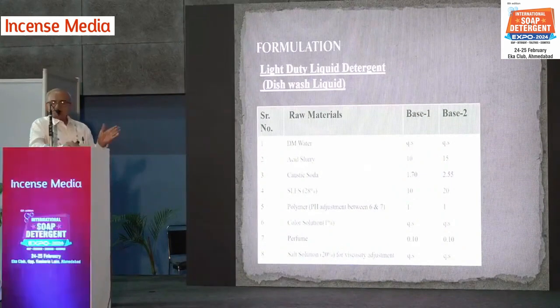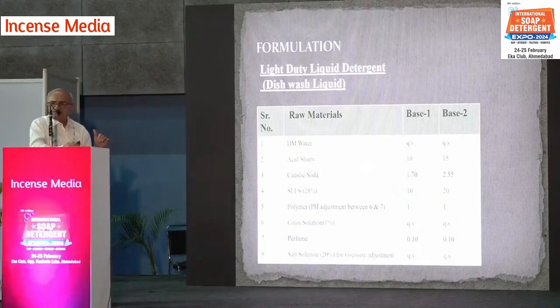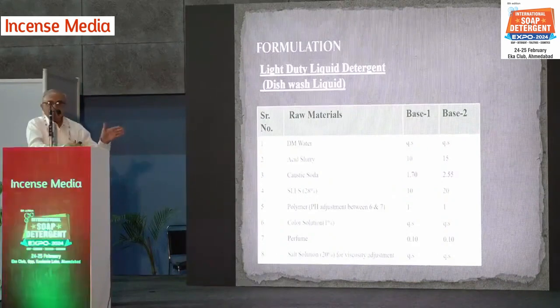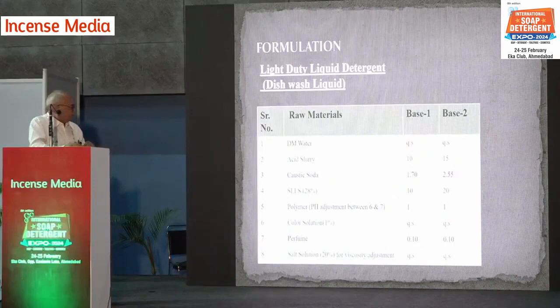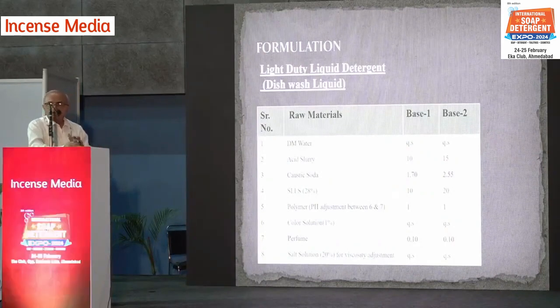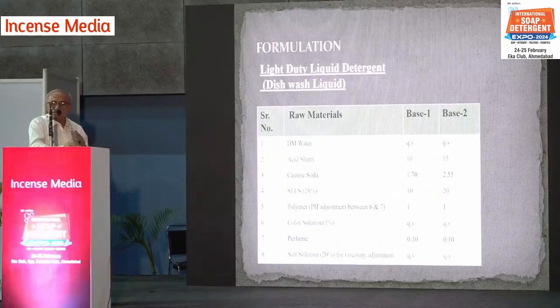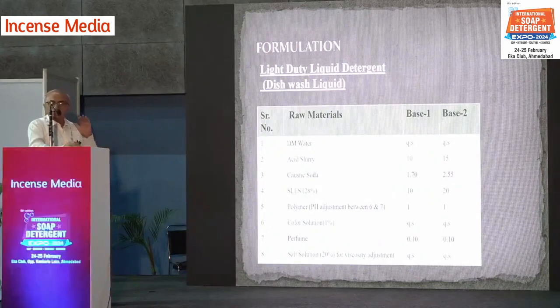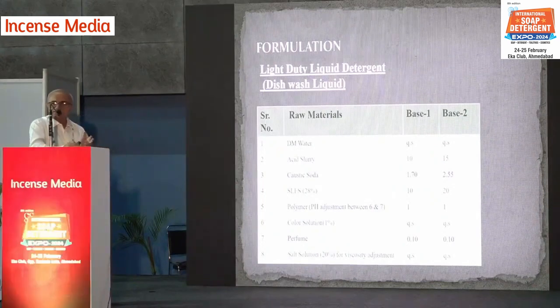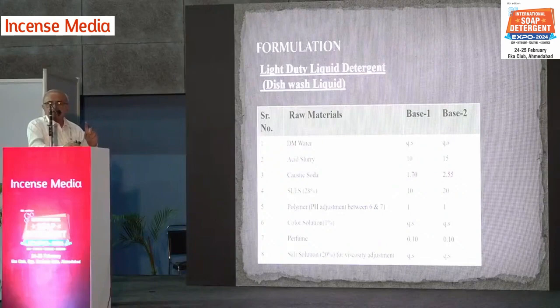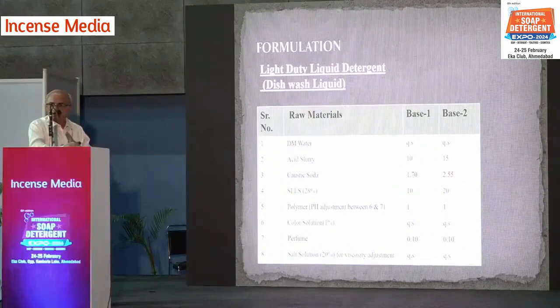One is roughly 12% active matter and another is 20%. The manufacturing process can be done two ways. Either you can take acid slurry and add Lepsa, or you take water, the required water as per the formulation, add caustic soda and dissolve it in the water. Then you add slurry with slow mixing, and it will get neutralized.